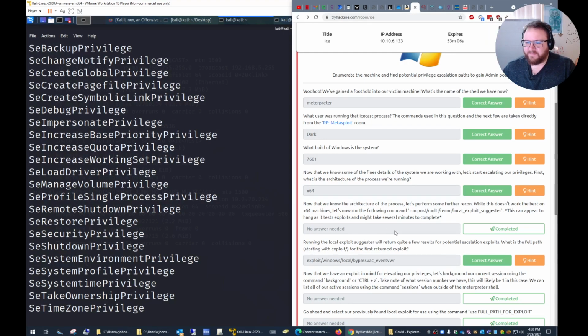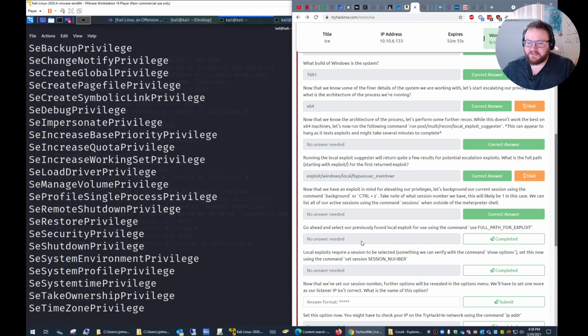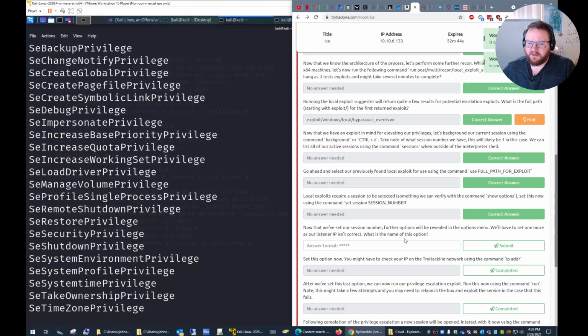And so, oh wait, yeah, okay, we ran that. I just didn't check it off. Oh, okay. We did background the process. Go ahead and select our previously found local exploit. Okay, yes. Did that. Local exploits require a session. Okay, yes, we did that. Now that we've set our session number,